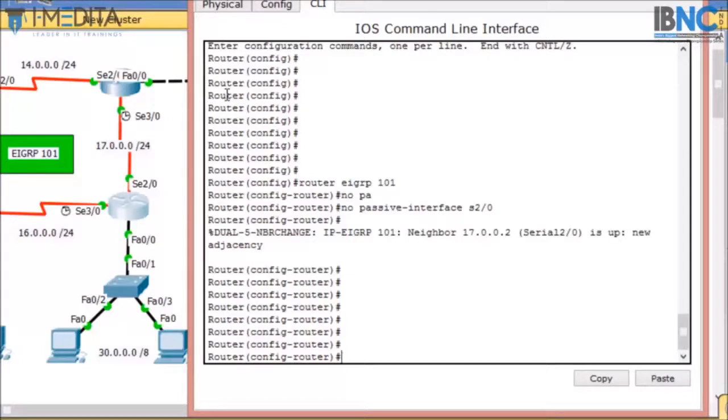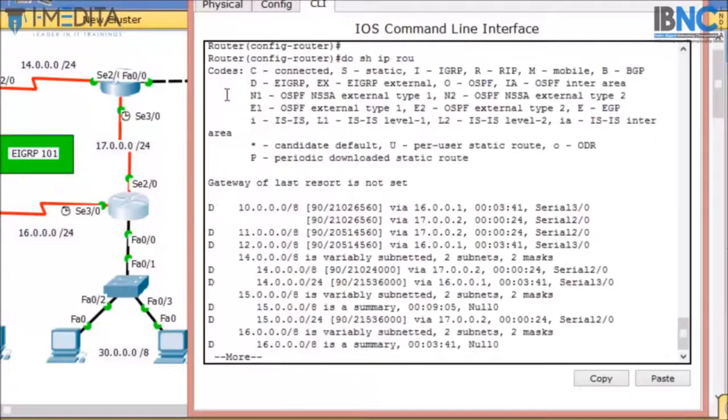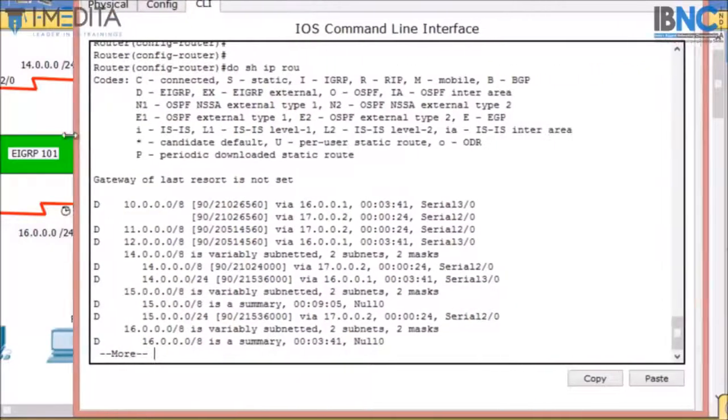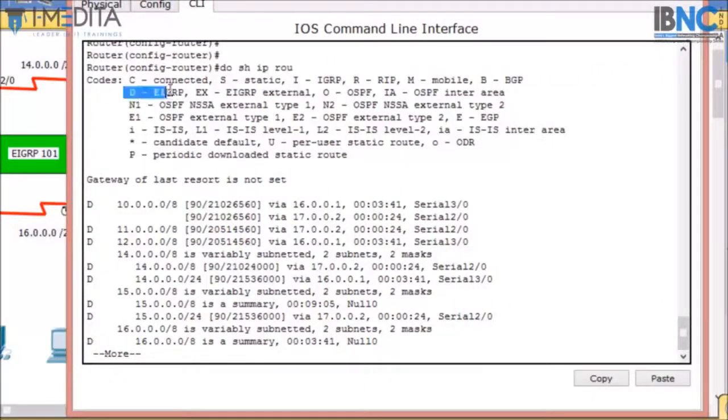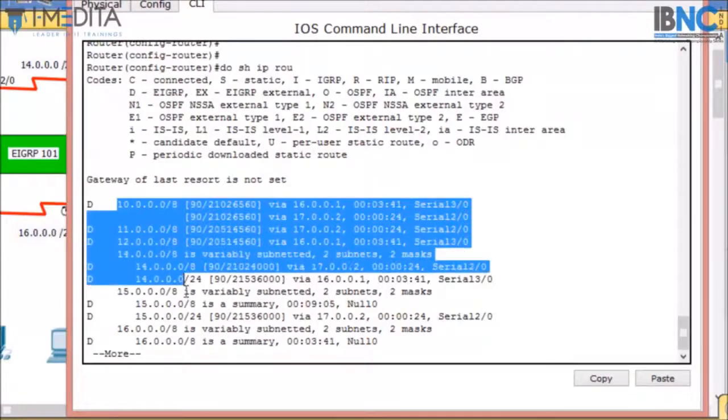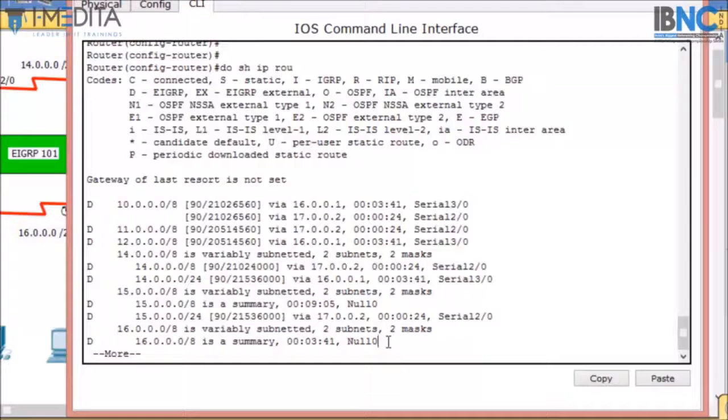We can verify the routes learned by EIGRP by using the command do show ip route. As you can see, D means EIGRP, and these networks are being learned by the EIGRP routing protocol.